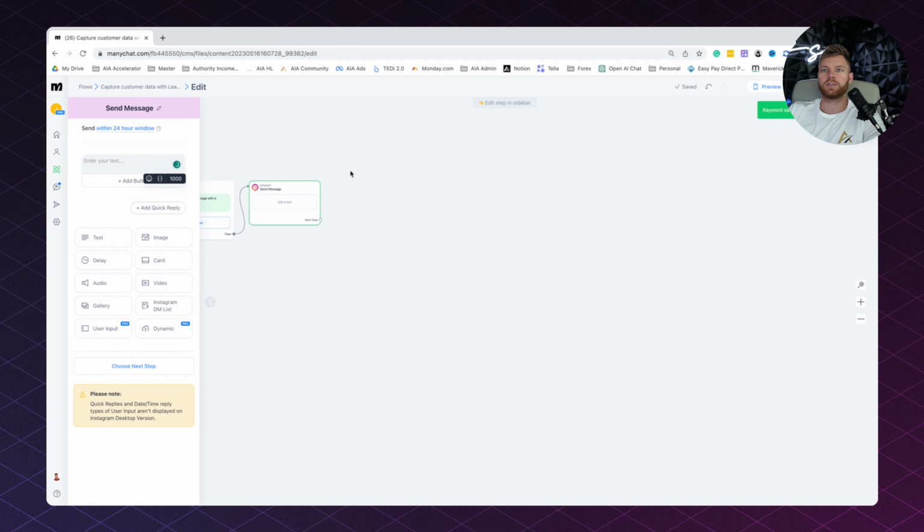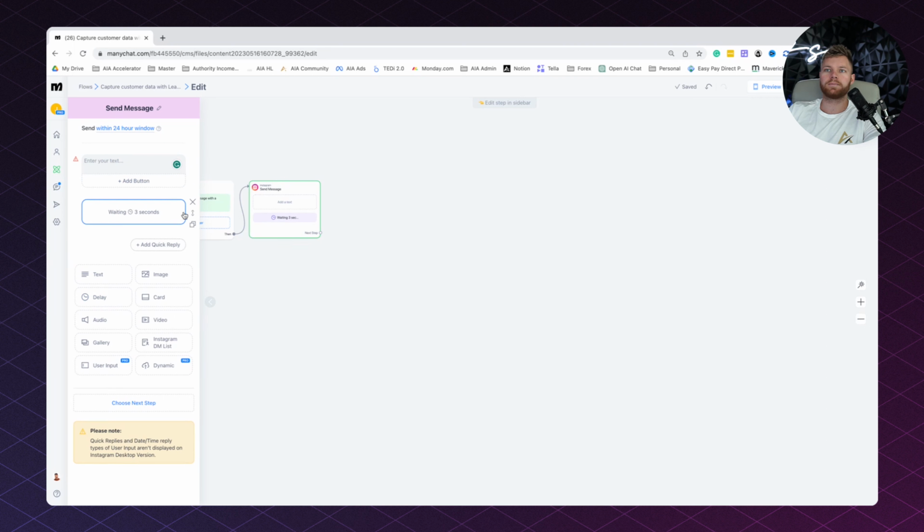So for this one, again, we're just using Instagram. Send within 24 hours, that's something new on here. It says, okay, it allows you to send something, so you can wait whatever you'd like. I personally, here's a little hack for you, I like doing a little delay and making it look like you're actually typing, so it's not instantaneous. And say, hey, thanks for opting in,